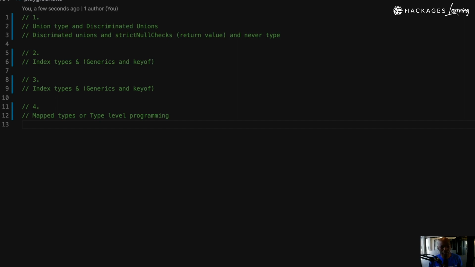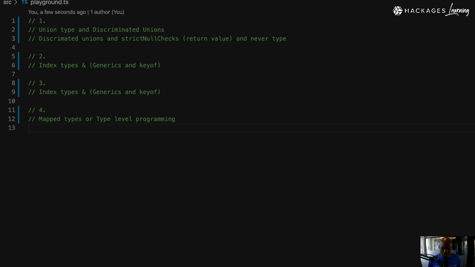So I prepared for you just a simple thing, but how you're going to learn is basically I'm going to build some, I'm going to show you some different aspects of TypeScript that you might know or you probably don't know. But today there is no GitHub